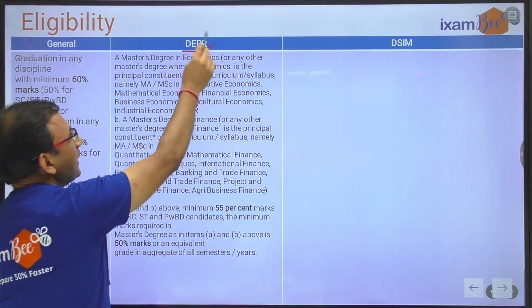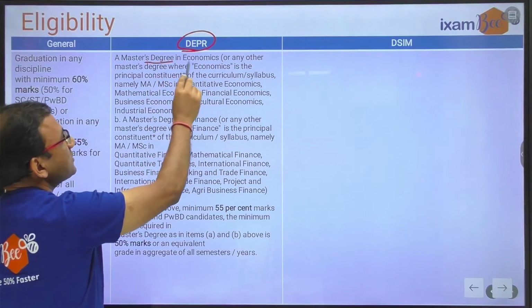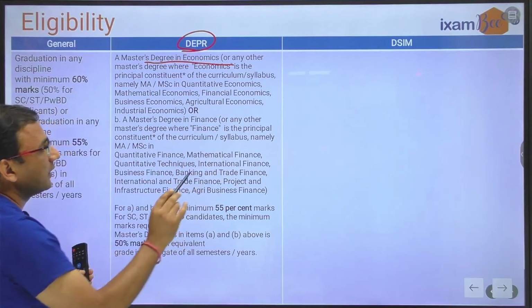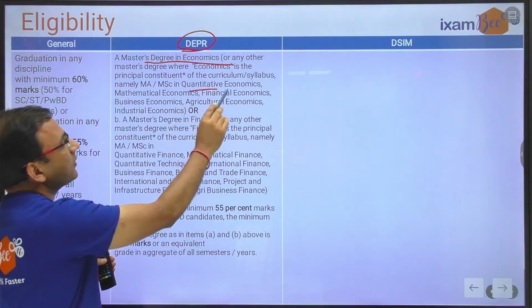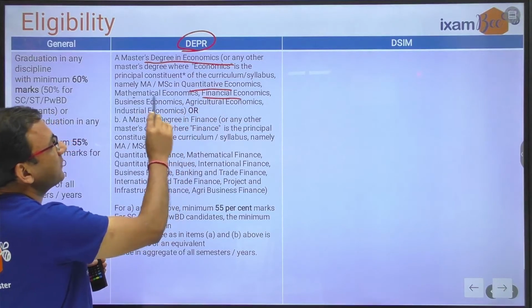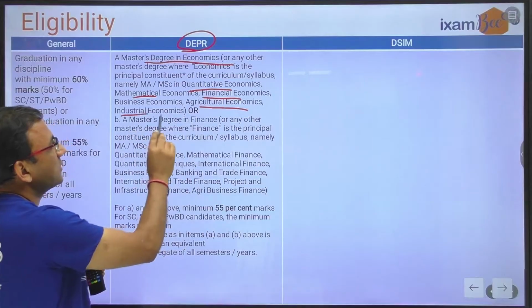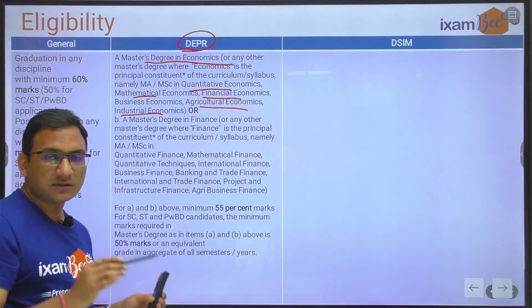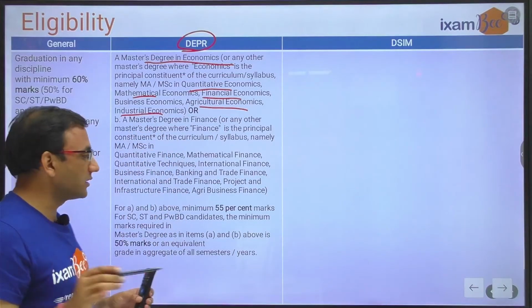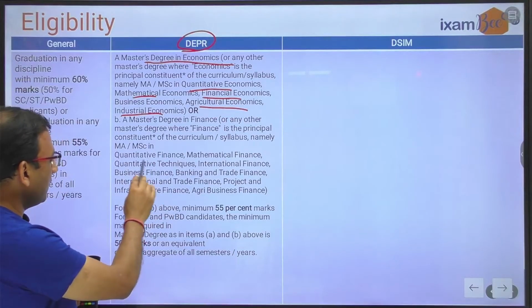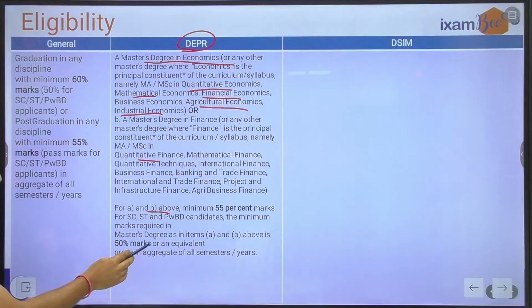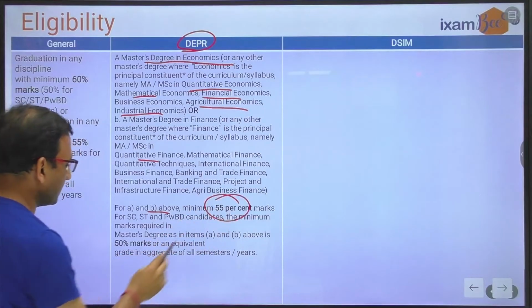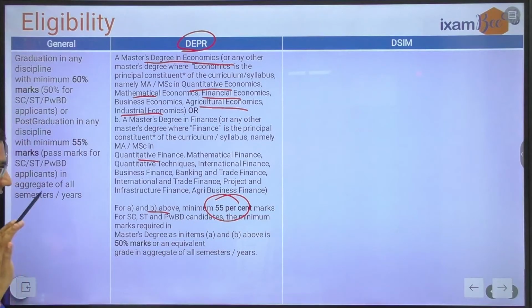For DEPR, you have to be a master's in economics, right? Economics means all fields related to economics: quantitative economics, financial economics, mathematical economics, agriculture economics, industrial economics. You read this and the actual notification in detail, to see what your eligibility criteria is, and you need minimum 55% marks here for the general category,